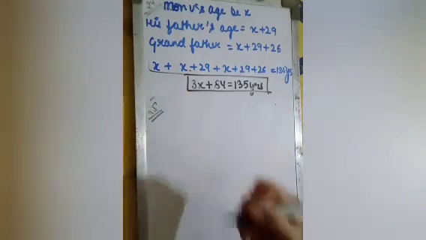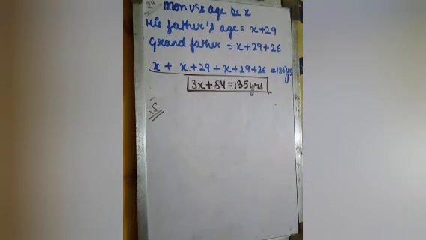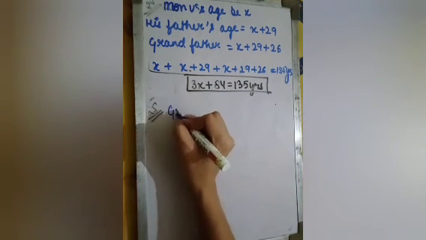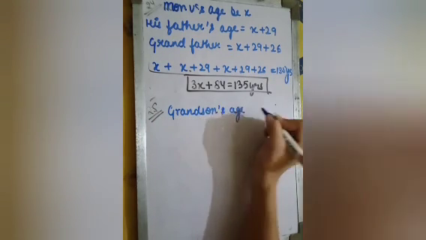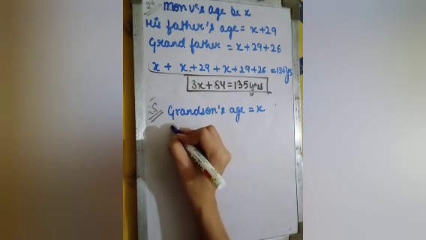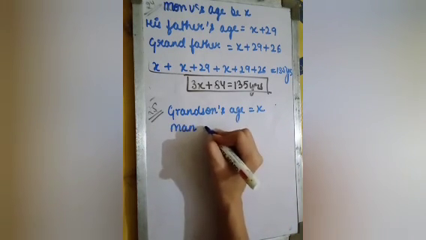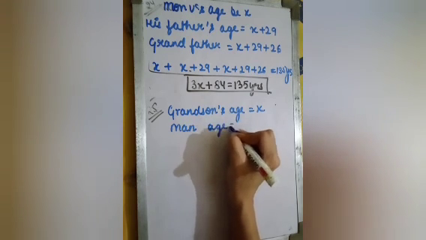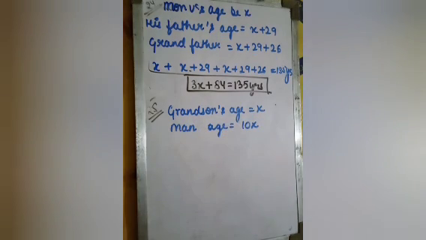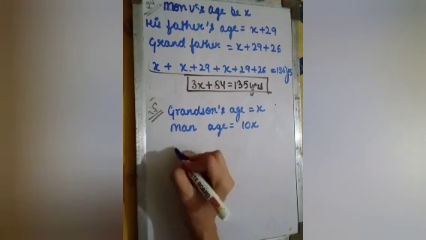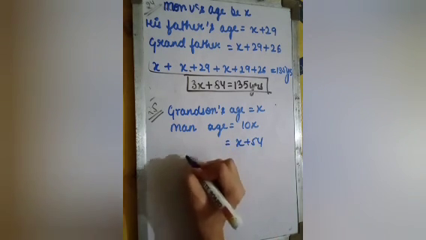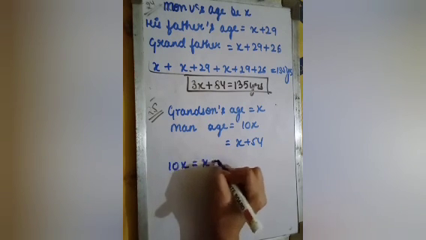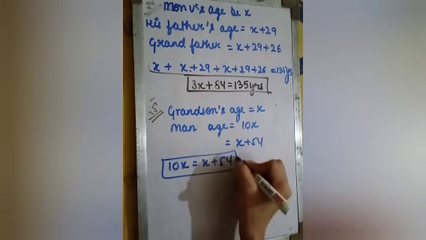Now move on to the question number 25. The question number 25 is saying a man is 10 times older than his grandson. So the grandson's age is x and man की age क्या है, 10 times of grandson age. So man's age will be 10x. Now this is also equal to the 54 years older than him. So इसकी एज को हम क्या लिख सकते हैं, x plus 54. Now both these ages are equal, so 10x equals to x plus 54. This is your equation and you can solve it.